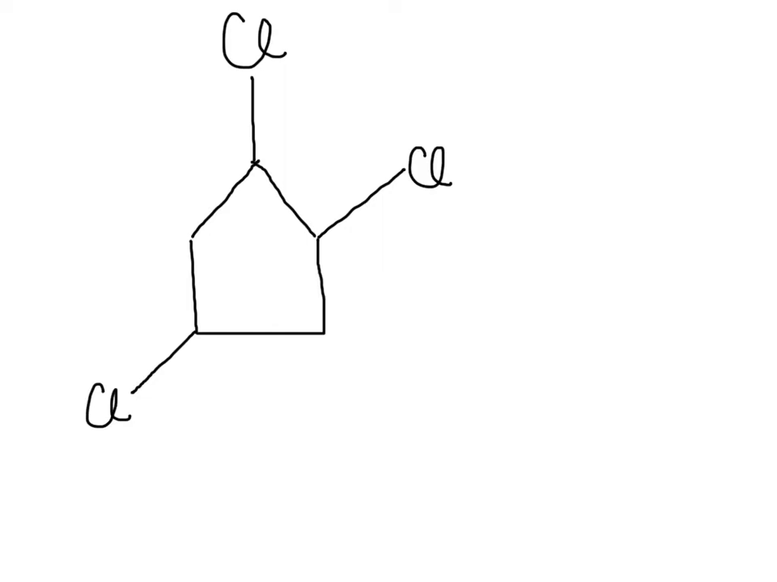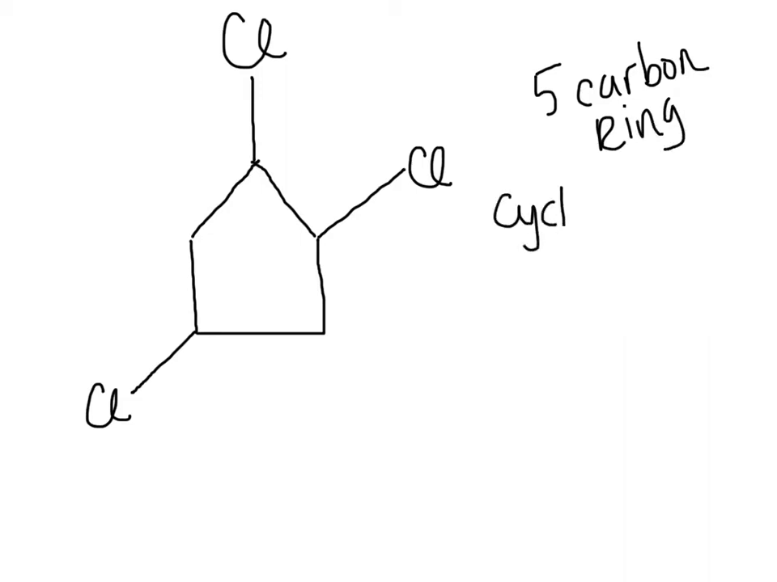Let's look at another cyclic structure, another ring structure. I'm going to look at my ring. I see 1, 2, 3, 4, 5 carbon atoms. Because I have 5 carbon atoms, and because it's a ring structure, I'm going to have the name cyclopent, and I've got all single bonds, so I have the A-N-E ending, and that's going to be the base